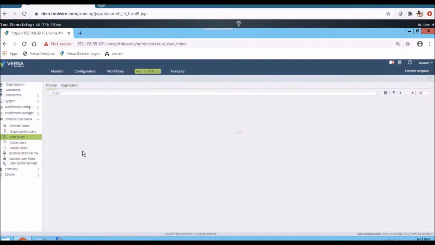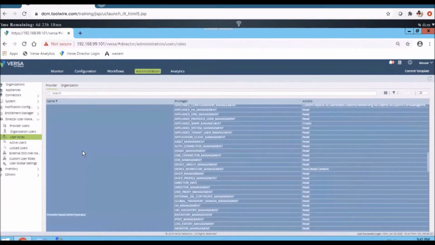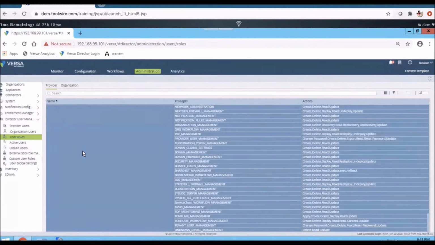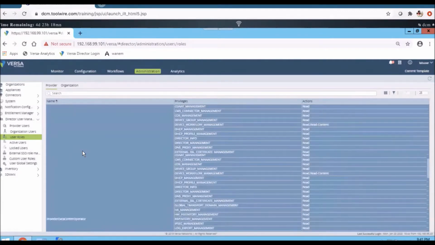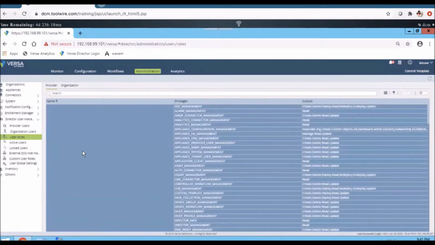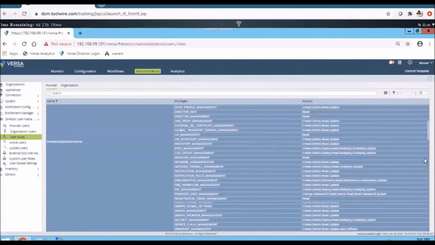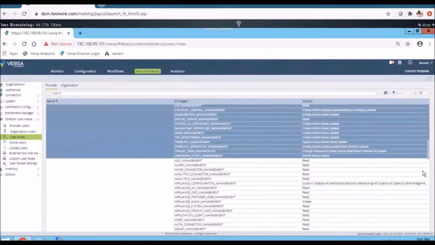There are some predefined user roles already available, like provider data center admin and provider data center operator. So you have these privileges, and there are some predefined privileges already available. If you are interested, you can go ahead and use these predefined privileges.